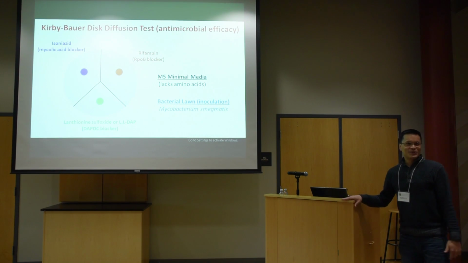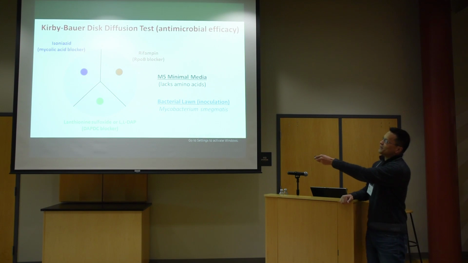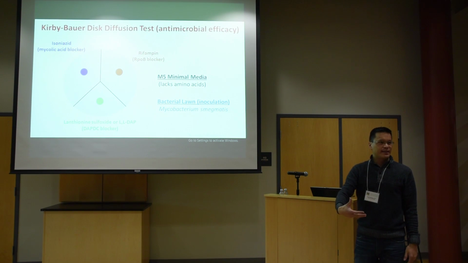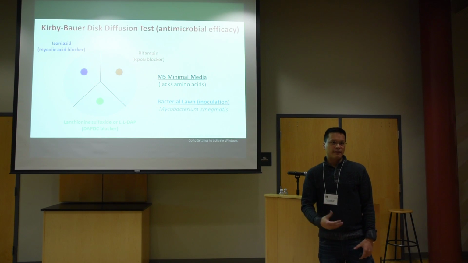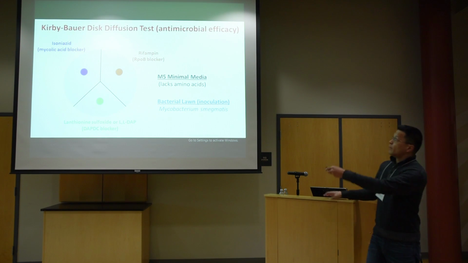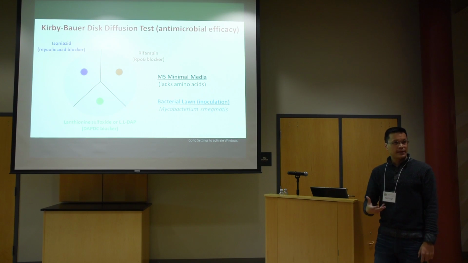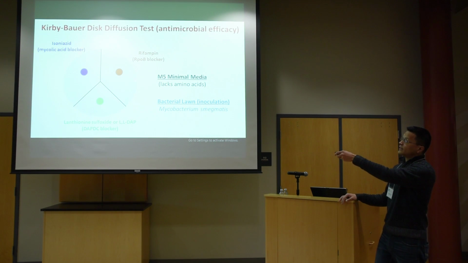my Gannon students. But anyway, what we might choose is discs that might block mycolic acid synthesis. Mycolic acid is a key wall component of genus Mycobacterium. We might pick something that's going to block transcription, like the beta subunit of RNA polymerase in prokaryotes, this RpoB